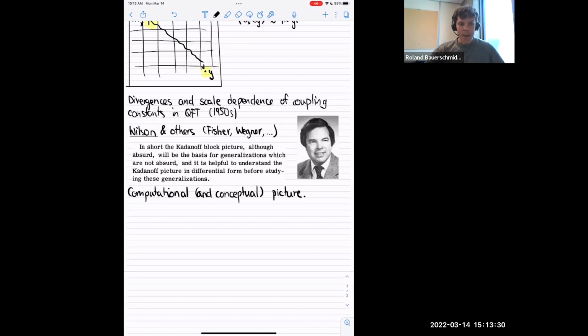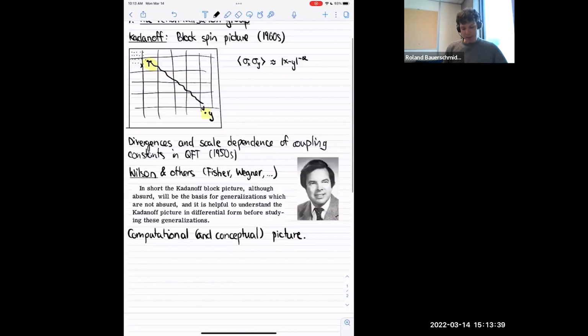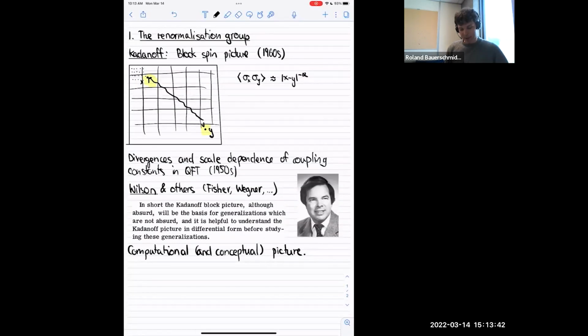Okay, so let me leave it at this for the historical perspective on the renormalization group. At this point, there's a few words I should say, which is that the ideas I've presented here are extremely general. You might imagine this kind of approach, this block spin approach, or something that should capture the same features, would apply to a vast range of problems.